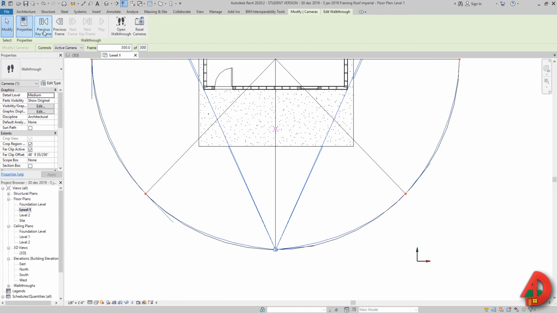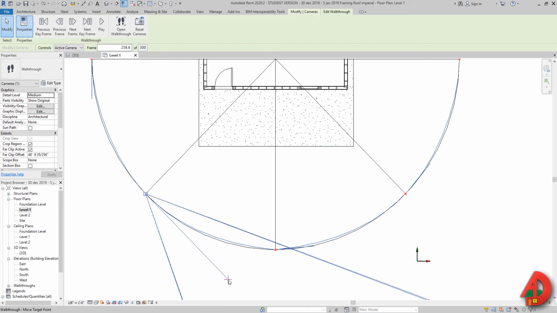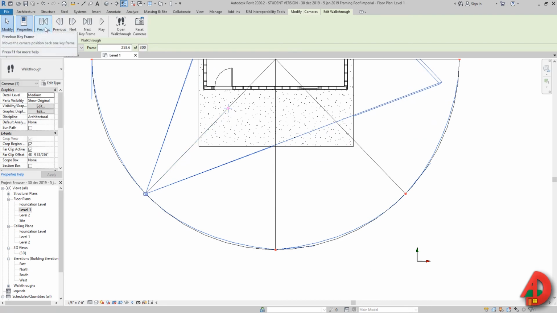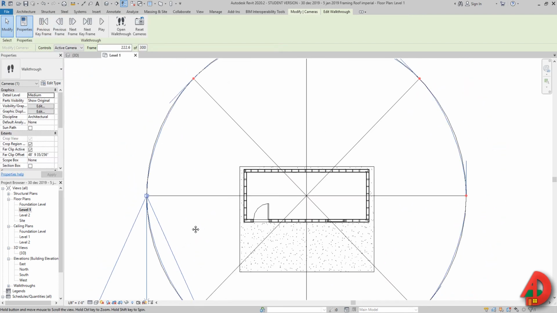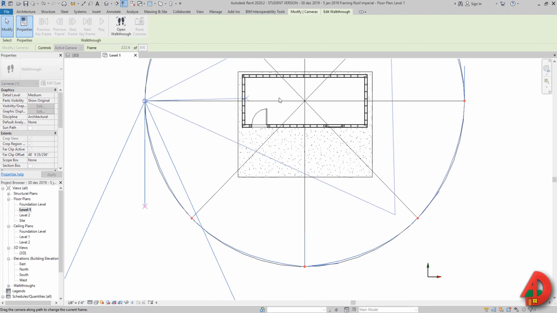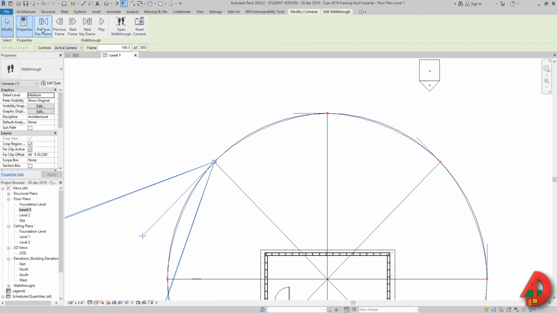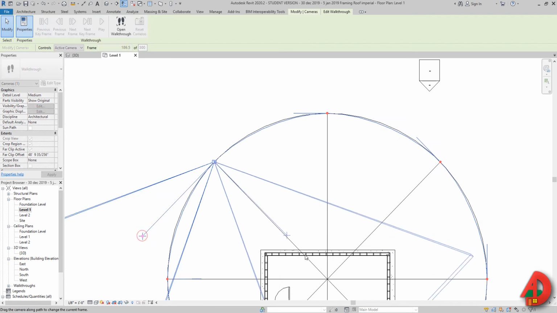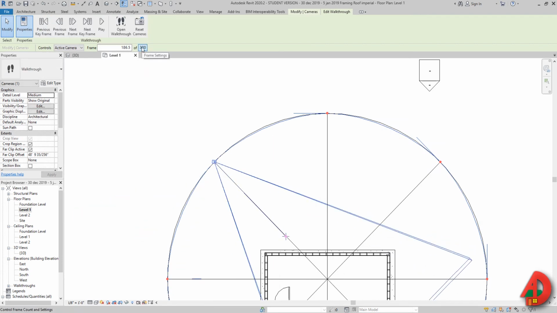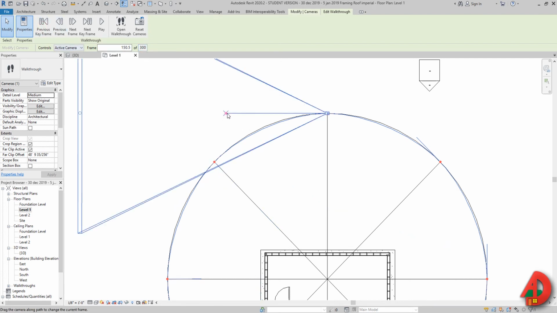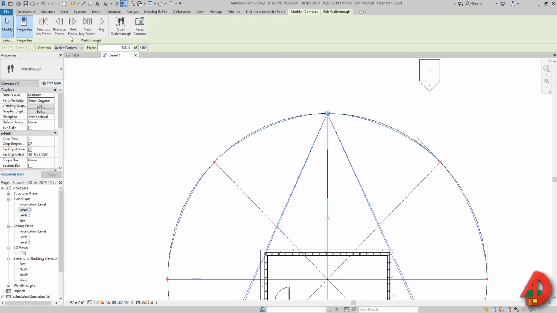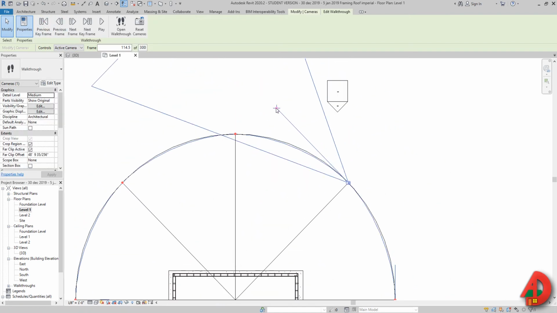Okay, and then I'm gonna go previous keyframe and I'm gonna do the same. You don't have to do the range view again because all the range views for this walkthrough are already determined, and you guys can do all this for all the keyframes. You don't have to do it for all, we have 300 frames in this video. You don't have to do it for each one of them. You just need to do it for the keyframes. All the other ones will be adjusted automatically, and I'm gonna fast forward for the other ones.